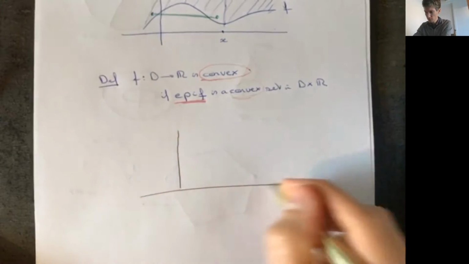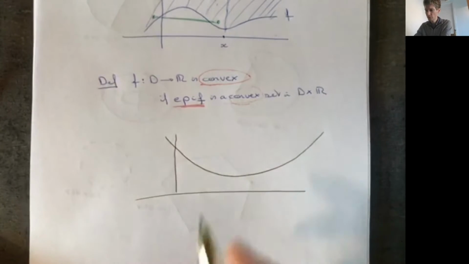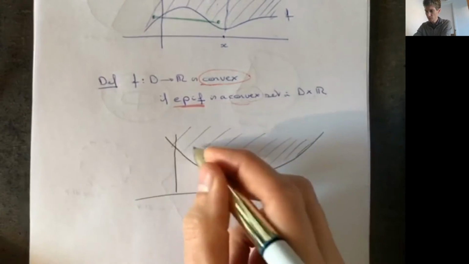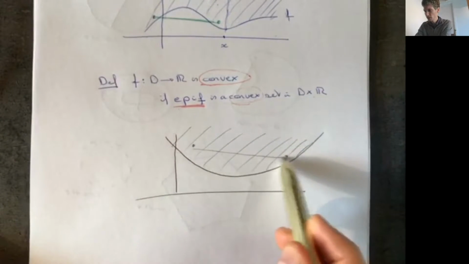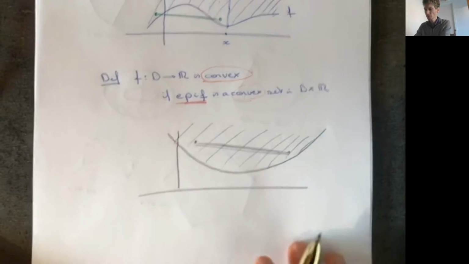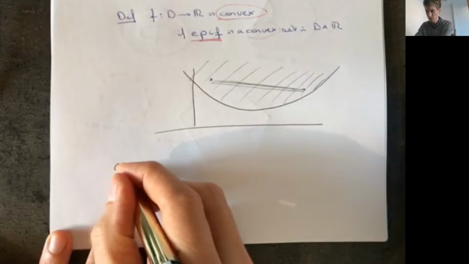So if I would draw a convex function, it would have to look like something like this, because if I take two points here that are above the function, in the epigraph, then anything on the line segment between these two points should also be above the function. Okay, so if I just translate this notion of a convex set, what it means is that